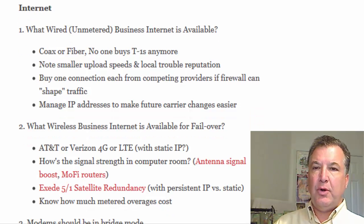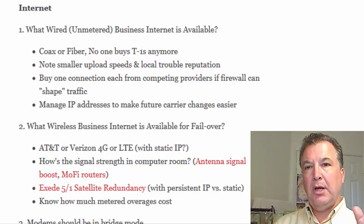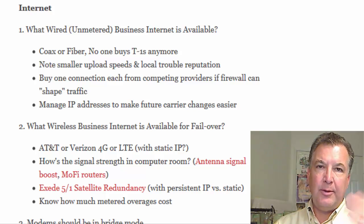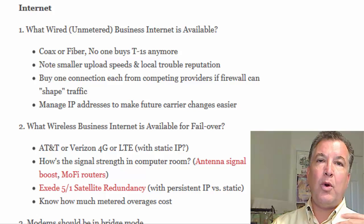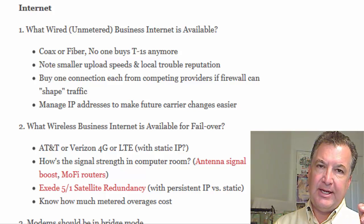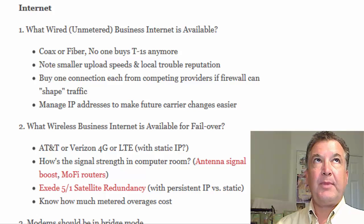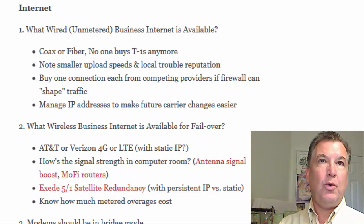Okay, your first is your internet. Now most every business is going to start out with a single internet connection. It's going to be a cable coax connection, or it's going to be a fiber connection, either from the cable company or a local phone company. No one really buys T1s anymore. It used to be you get a T1 as 1.5 megs, but that's super slow. 5-10 years ago,